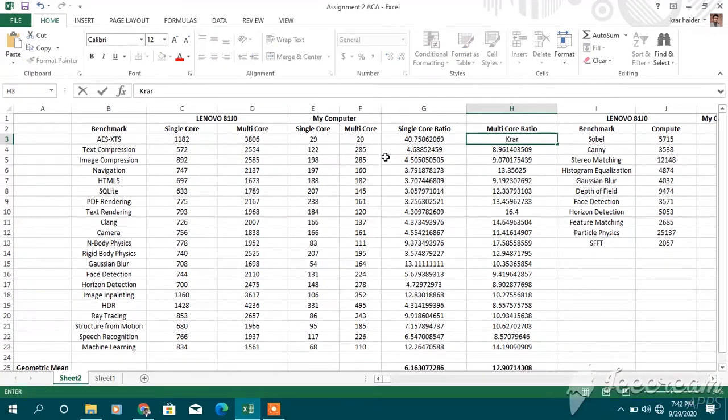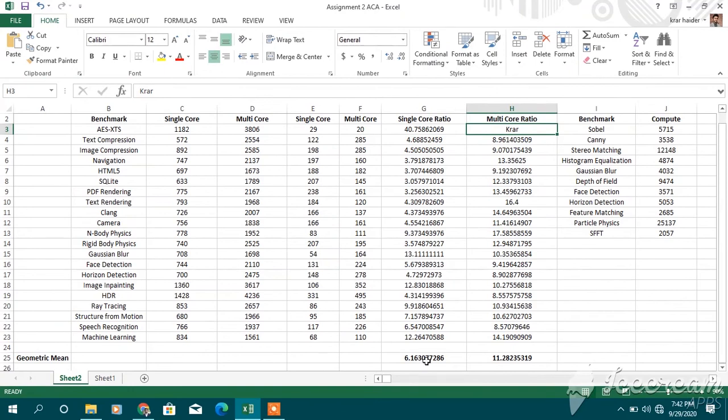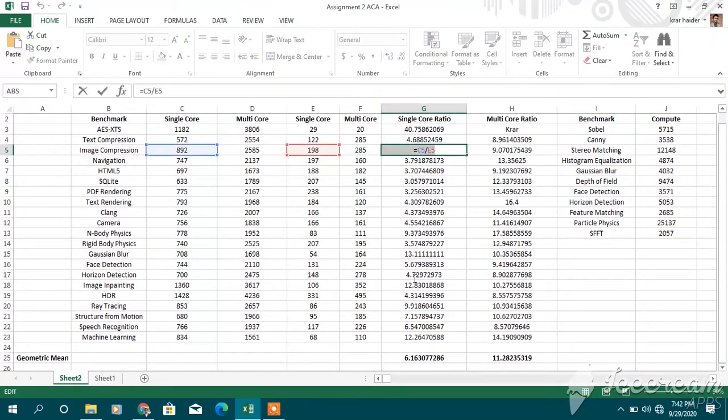I have an Excel sheet with two values, the single-core and the multi-core values, and finally I concluded the geometric mean. How I applied this formula: you can write all of these columns. For example, I have all of these single-core columns. I multiplied them, used the geometric mean and found the value of this one, and same like this I found the ratio by using the formula of the geometric mean. So this is the work we have to do over there.